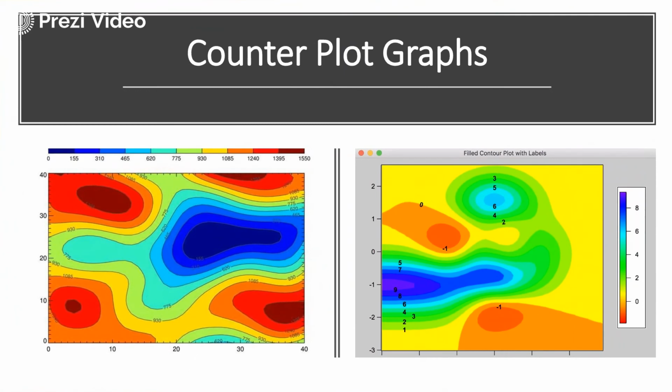And the last one is the contour plot graphs. My dear students, you can see how beautiful it is looking. These contour plots have different color ranges. It is on a single plane, and these contours are put up with different labels. So the intensities and the variation of color represent different information. The X-axis represents one piece of information, the Y-axis has a different variable, and the color intensities and the difference in color actually represent different sorts of information.